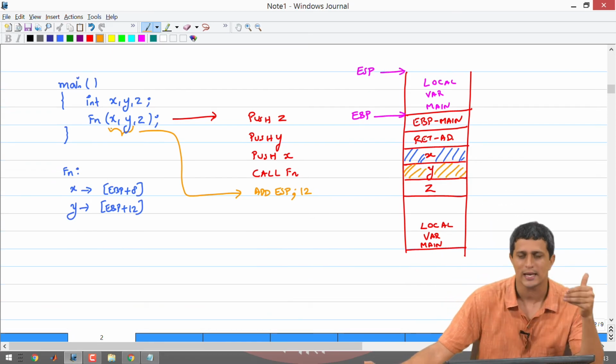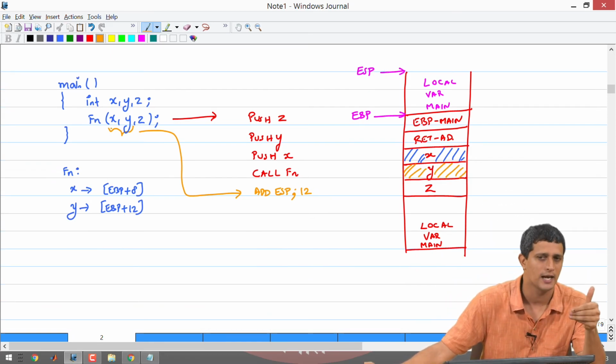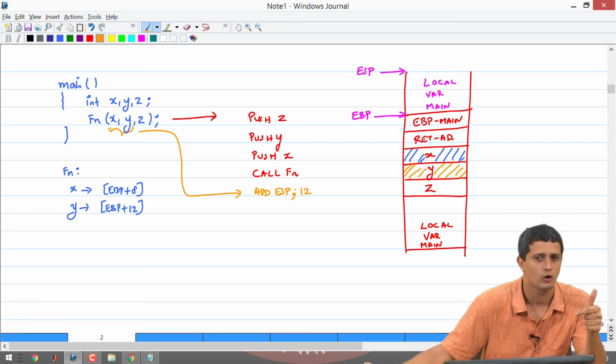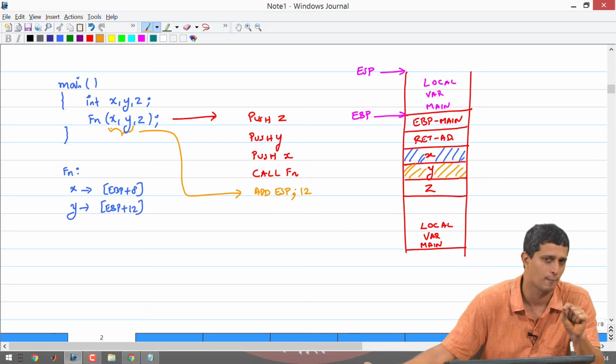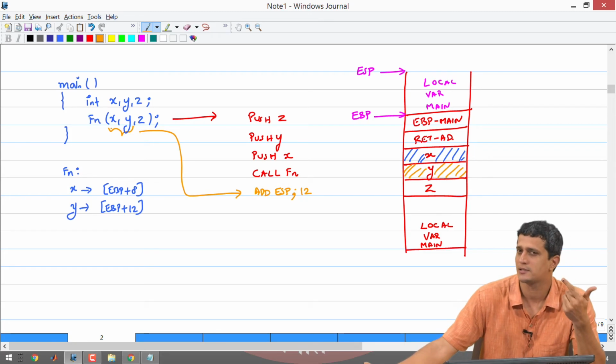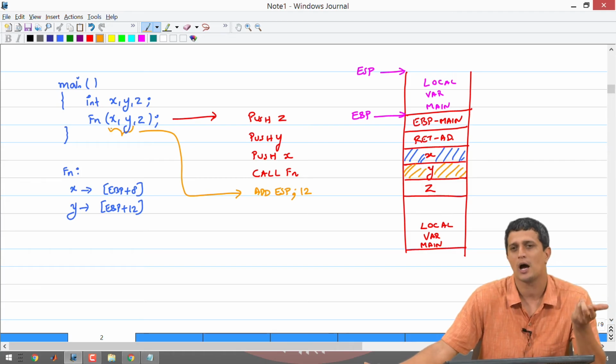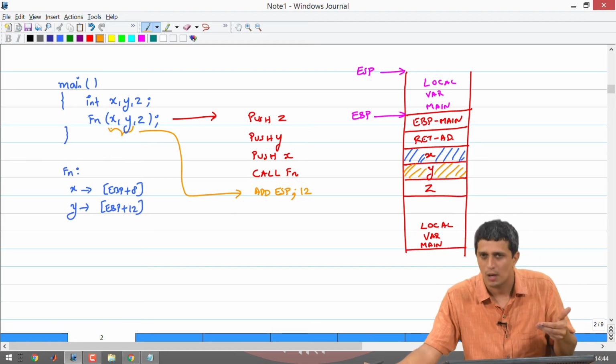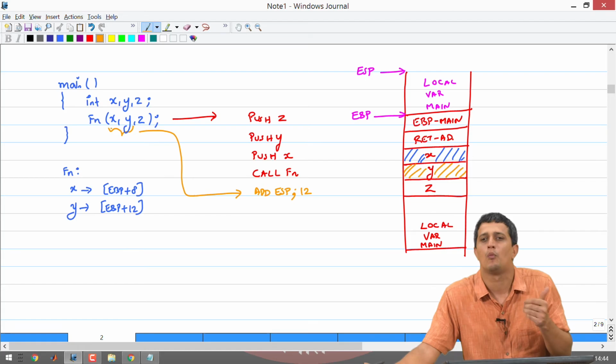But in the case when we pass fewer arguments than what is being defined, some garbage value gets accessed, and therefore you will see that all compilers return an error and don't even allow you to compile the program. But if you pass more arguments, there is nothing functionally wrong, the extra argument gets ignored, and nothing really happens as far as the function execution is concerned. Therefore some compilers may choose to just give you a warning and not call out an error